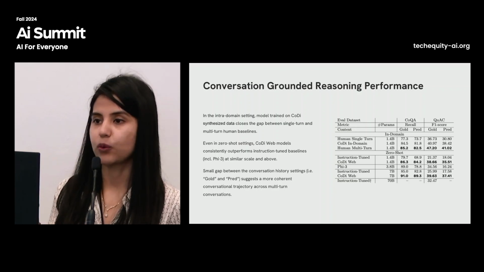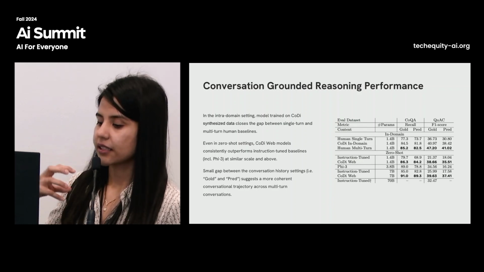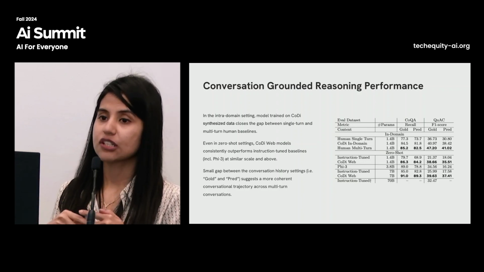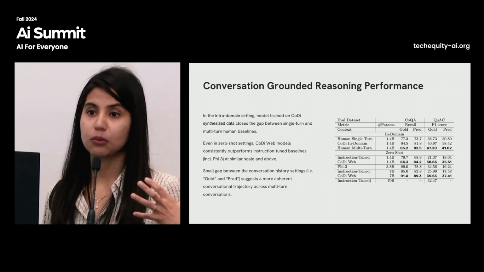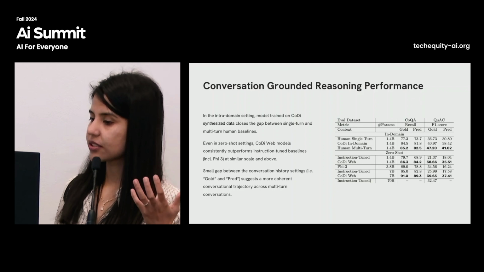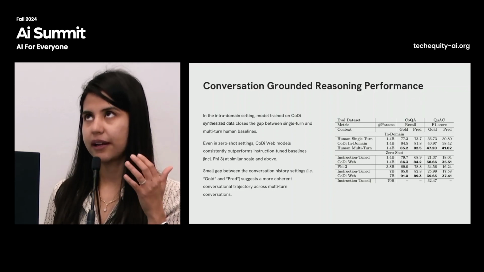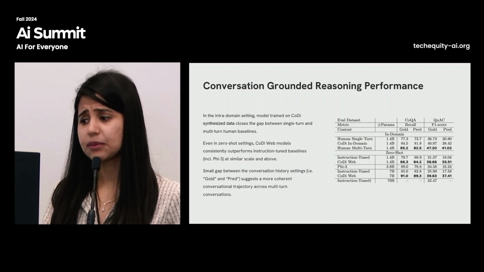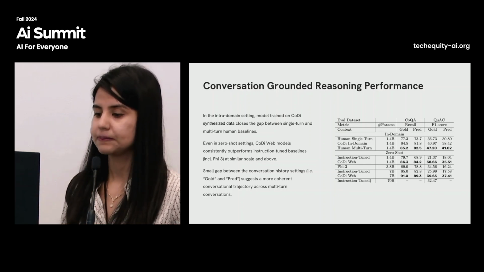And we see that even at 1.4B scale and even at 7B scale. So again, that goes to show that fine-tuning with good quality data actually outperforms just using the model out of the box. And even for Phi-3 mini, which is double the parameter size, we are able to do at least similar, a competitive performance to a much bigger model too.